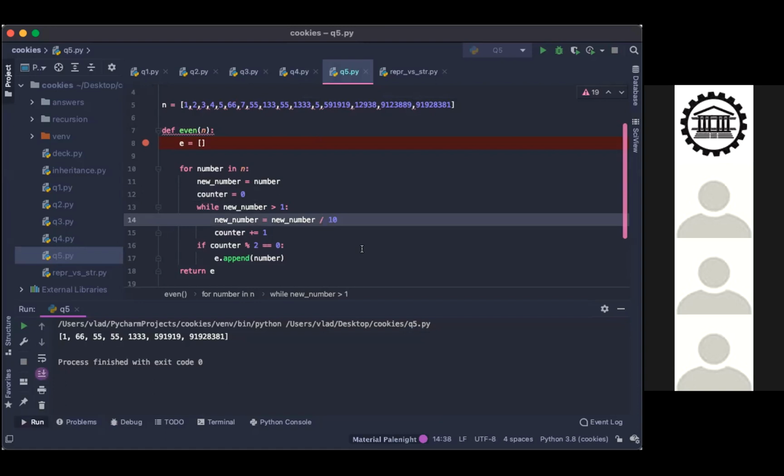I guess since we're dividing by 10 each time, we can say, well, new number. Why do we say?